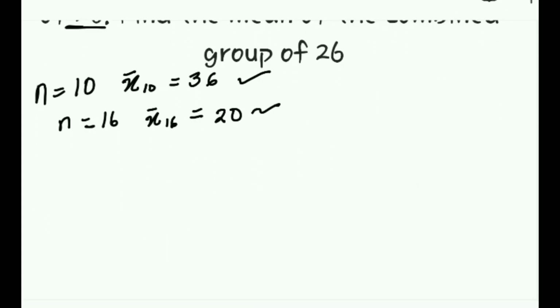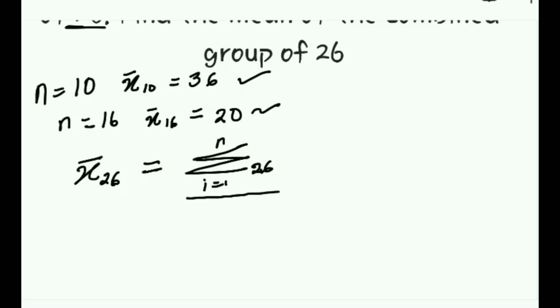So we have this, the mean of 26. When you add 10 plus 16 together, that's 26. The mean will be equal to the summation of all the 26 scores. You are adding all of them together from the first to the last, divided by the number. We're talking about 26 individual scores here. And so we have the mean of the 26 will be equal to the summation of all the 26 individual scores